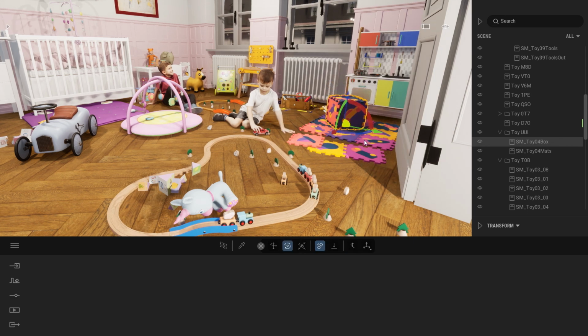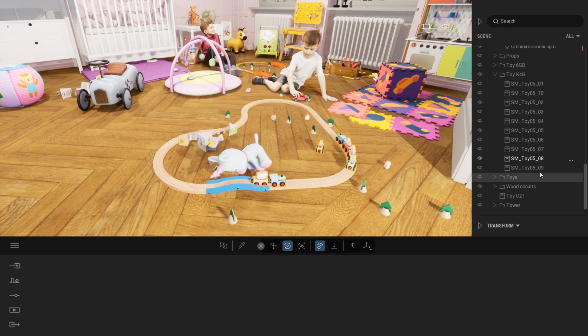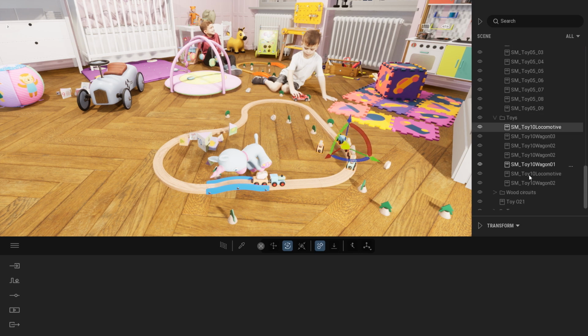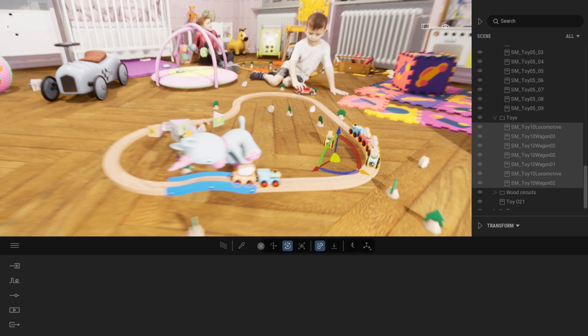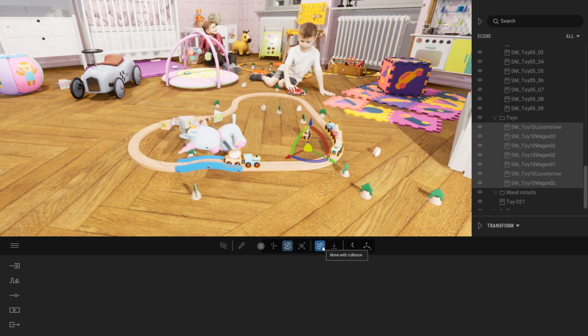Same idea with multiple meshes. So for example here, let's expand that folder. I'm going to take my whole train here. With that tool still active, if I start to move it, as you can see here, it will start to slow down because there is a lot of collision to calculate, a lot of information to handle. But I can also use the rotation tool just to give some fancy rotation. I can again move it, for example, in that way, and as soon as it touches a geometry, it will just stop moving and the rest of the object will follow.